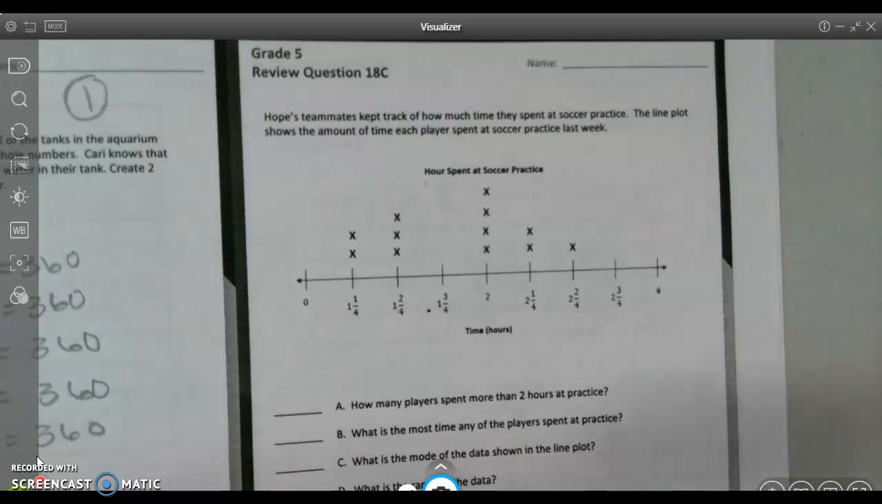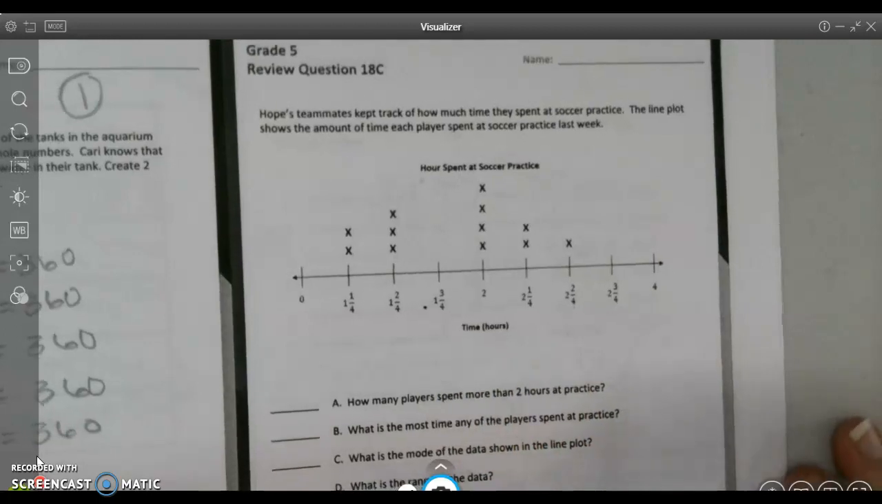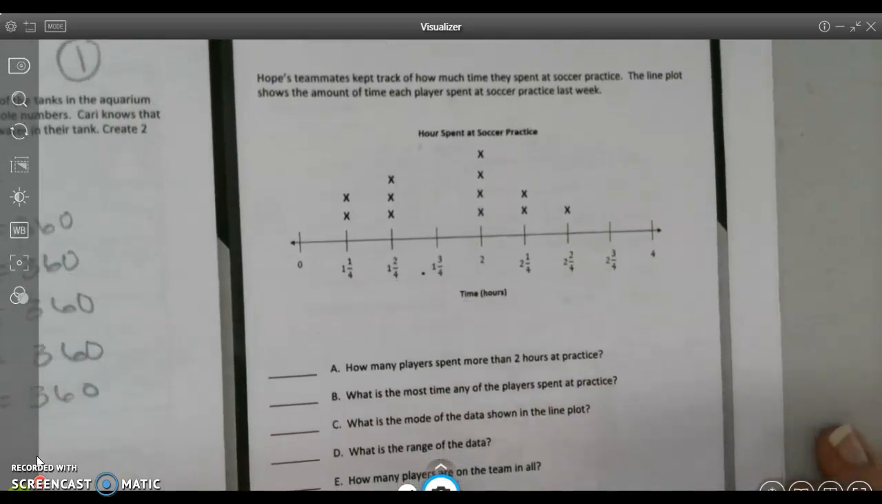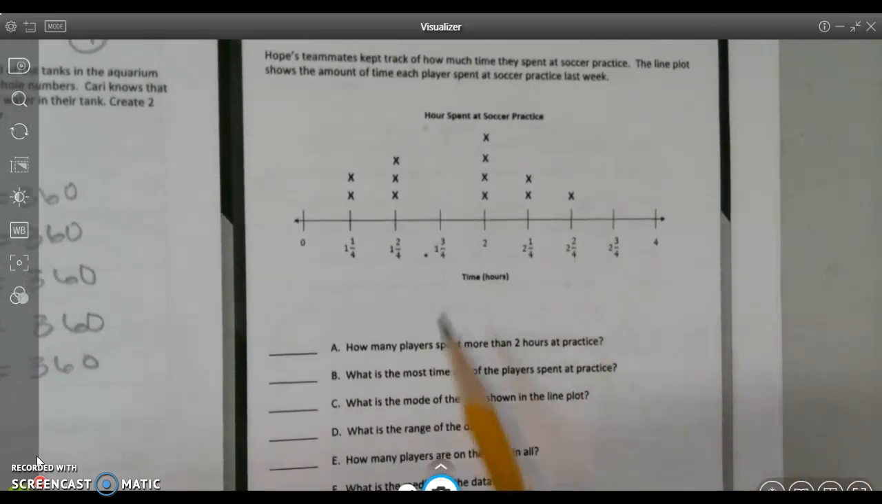And it looks like today we're going to be dealing with some line plots. So let's take a look and see what they want us to do. Hope's teammates keep track of how much time they spent at soccer practice. The line plot shows the amount of time each player spent at soccer practice last week. Well, we can see we've got some fractions in there. And we look at our first question and it says, how many players spent